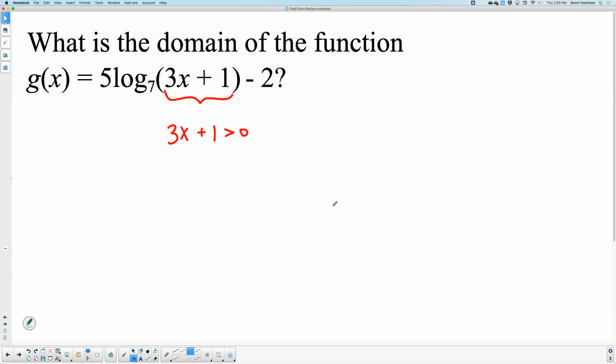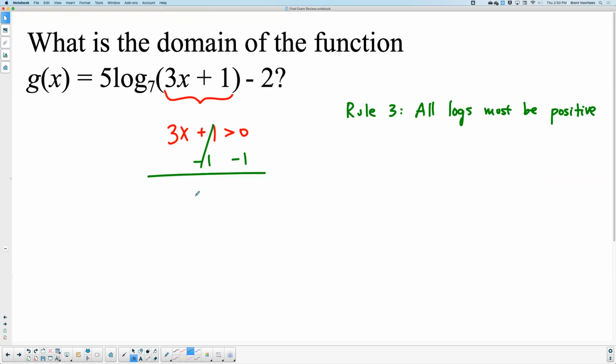So we could do this in 2 algebra 1 steps. What goes first? Rule 3. Let's do it in terms of a positive. All logs must be positive. That's what I'm doing here. So 3x plus 1 has got to be greater than 0. That's how you say positive. So we subtract 1 from both sides. And so 3x is greater than -1, which means